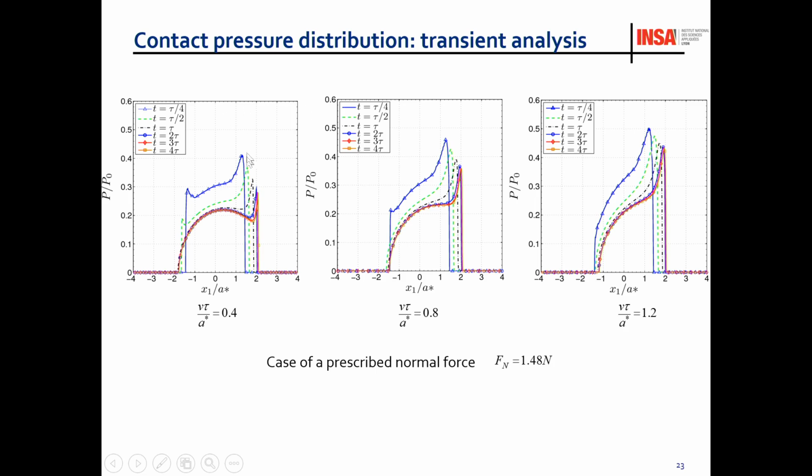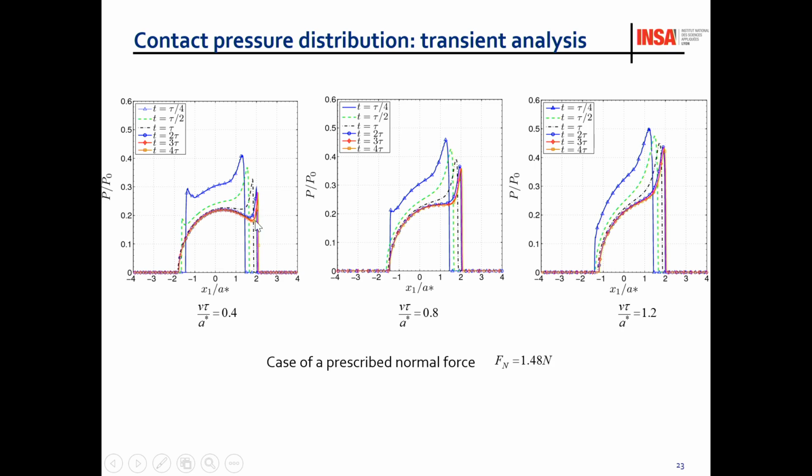Then we start. Here is a solution quickly after starting of rolling. And after half the tau time, we can see in green the pressure distribution. And what you can see here is that after mostly t equals 2 times the relaxation time, here we have the blue curve with a circular dot, we reach almost the steady state solution.